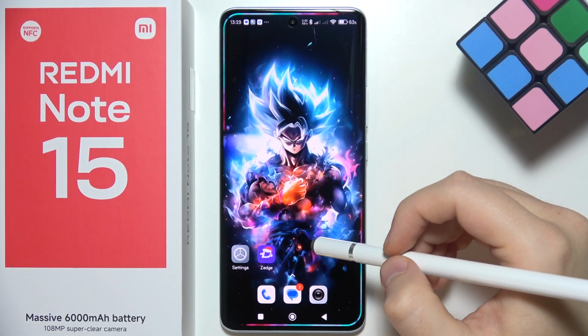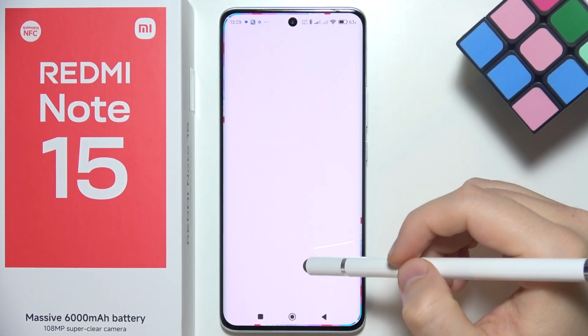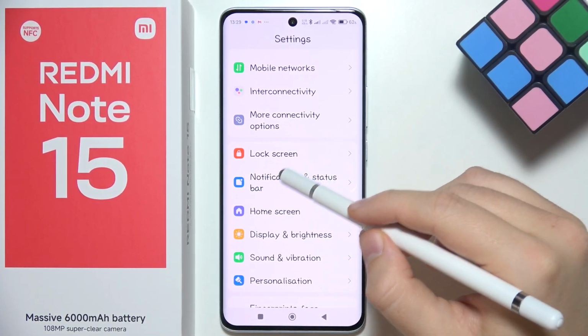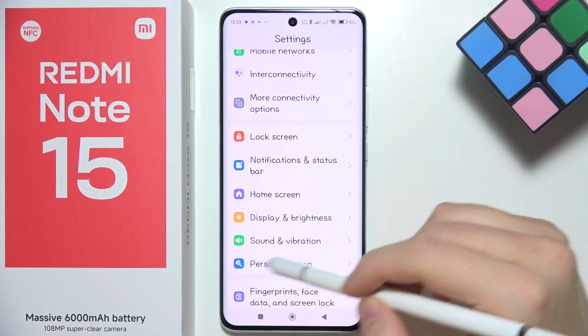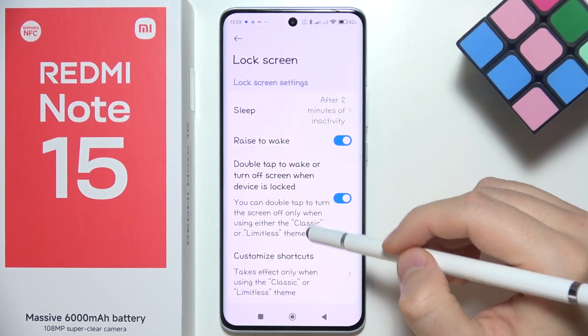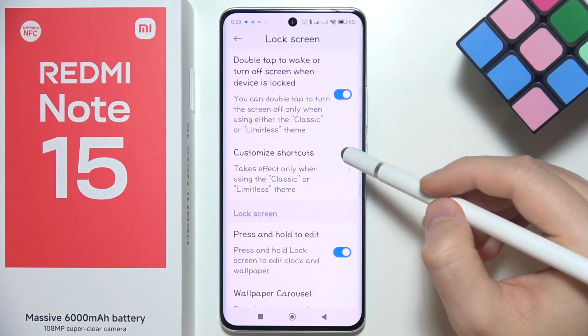To customize a lock screen on Redmi Note 15, first of all, you have to start by opening the settings, and the first options we can find over here, and the second one is personalization. So first, let's start from the lock screen, and as you can see, first of all, we are able to